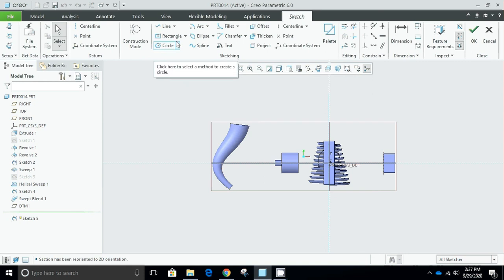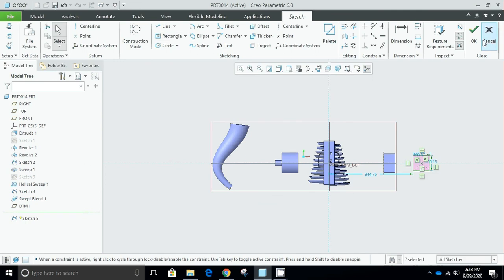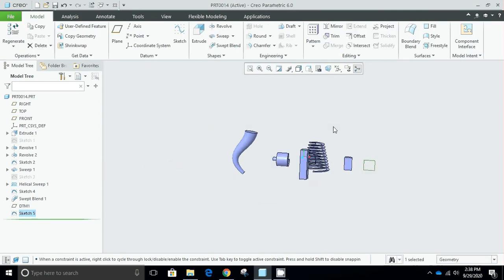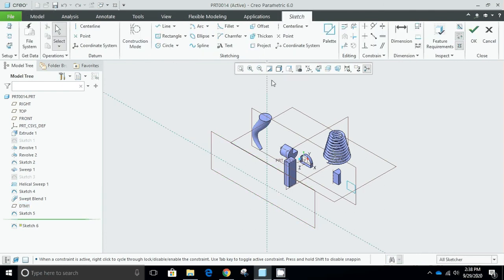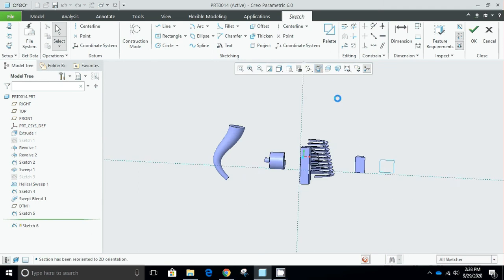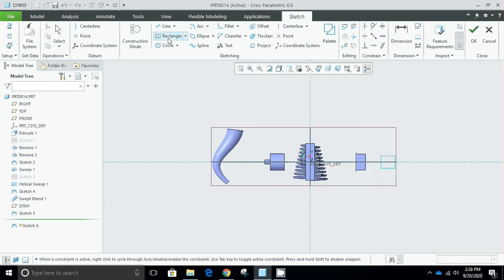I will be creating a center rectangle like this. Press OK, Control D, and then on this plane, which is parallel to the front plane, I will be creating another sketch using the sketch view. Again, center rectangle